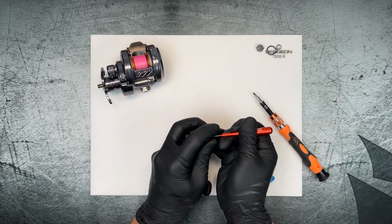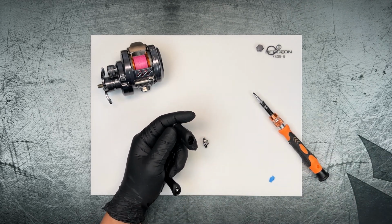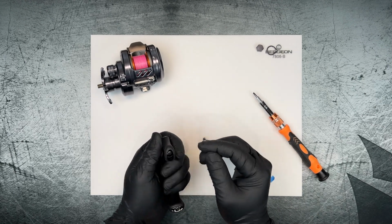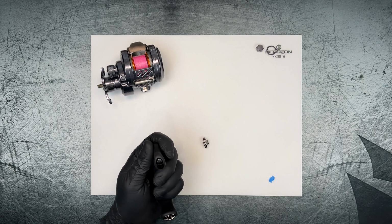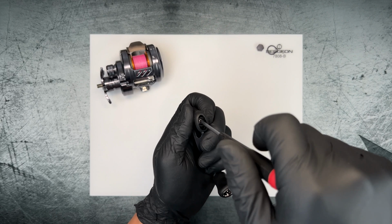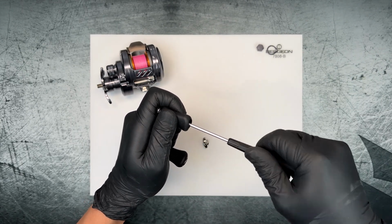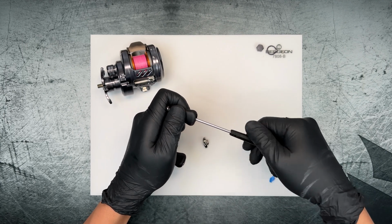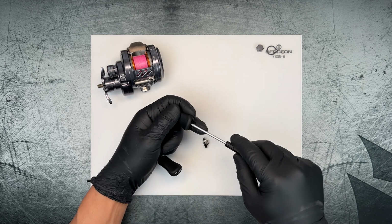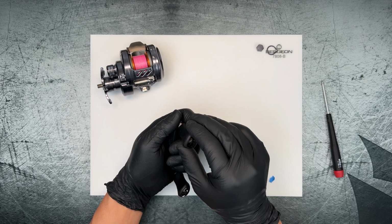These handle knobs are very similar to what you see on Shimano or Daiwa reels. They are eye-shaped knobs, covered in a TPU style rubber. Then we're going to remove this Phillips screw, which is in here. Quite tight. I think in the last video I did mention that the shimming was a little bit off. It could have been a little bit better, but it's not terrible. I will say though that these bearings that are in here, if they are bearings,